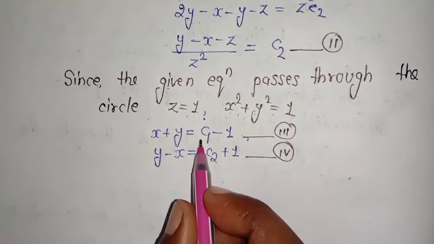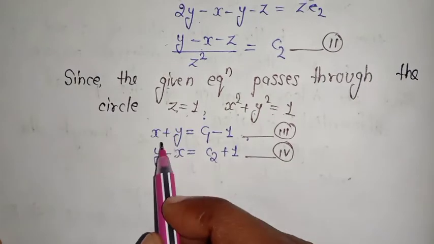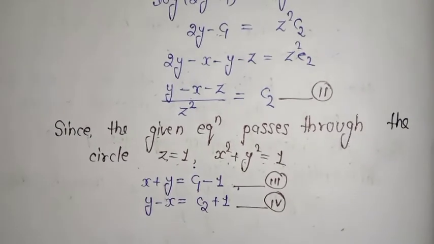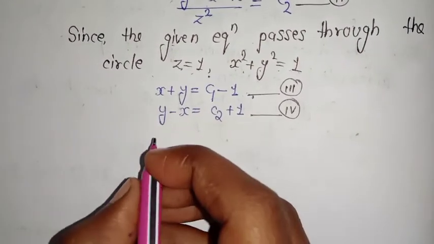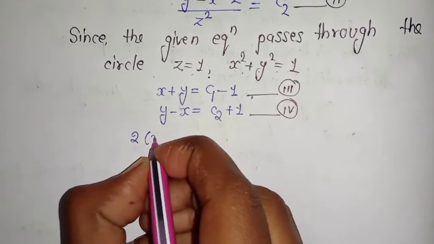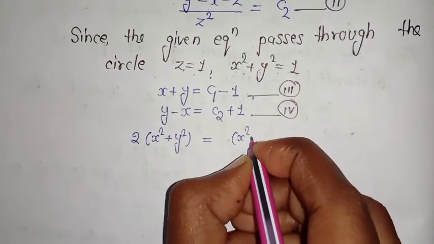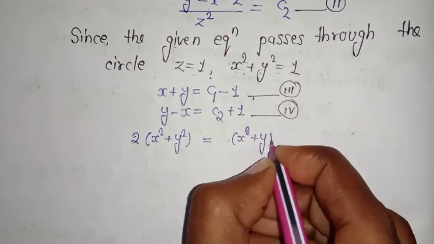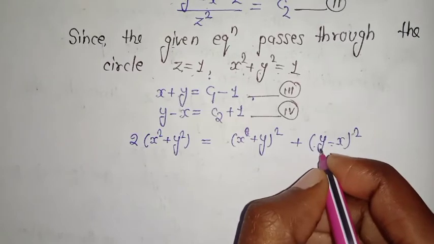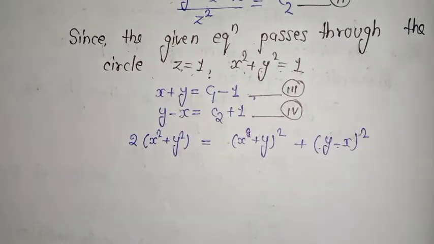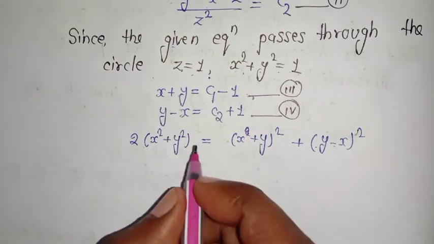So this is our phi of t, and this is our psi of t, and this is c1 and c2. We are not reducing it into the function of t because it is easy to solve as the function of x and y also. So now we will use an identity which is 2 of x square plus y square is equal to x plus y raised to power 2 plus y minus x raised to power 2, because if we write x minus y, then both of them give the same solution. So I can write it as y minus x. I am writing it in this way because I have the value of y minus x.